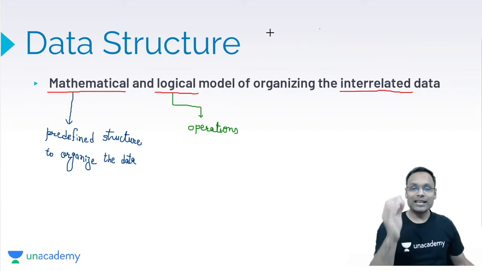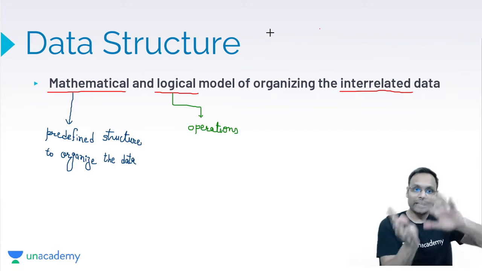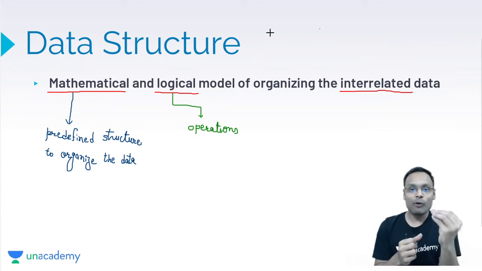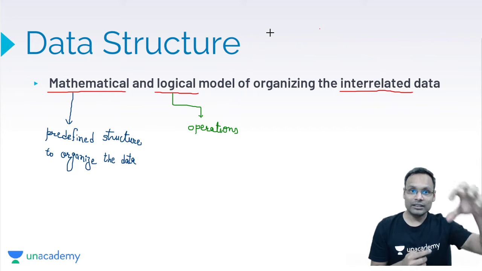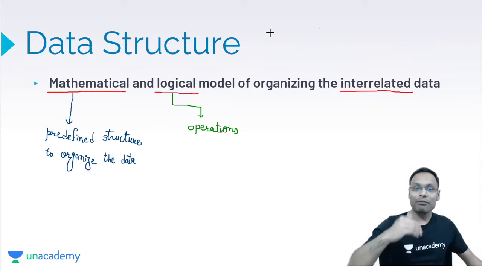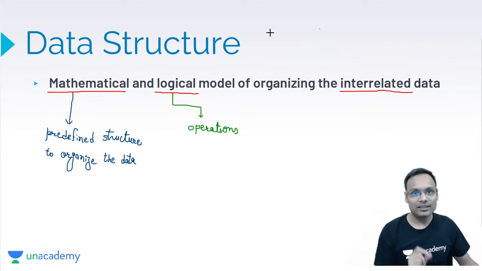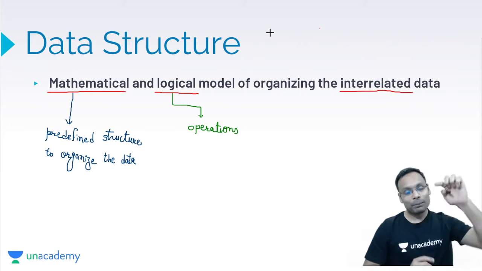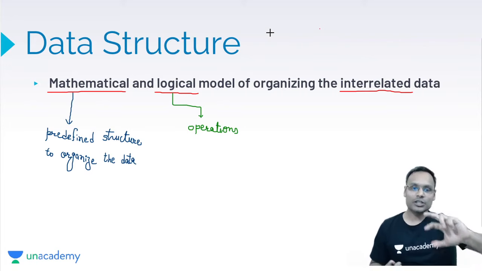So if you say a data structure is given, we will give some organization, that is how we will organize the data within the storage, and after that we will give some basic operations. Like if I say I have given you the stack data structure, it means I have given you LIFO organization, plus I have given you two basic operations, push and pop.